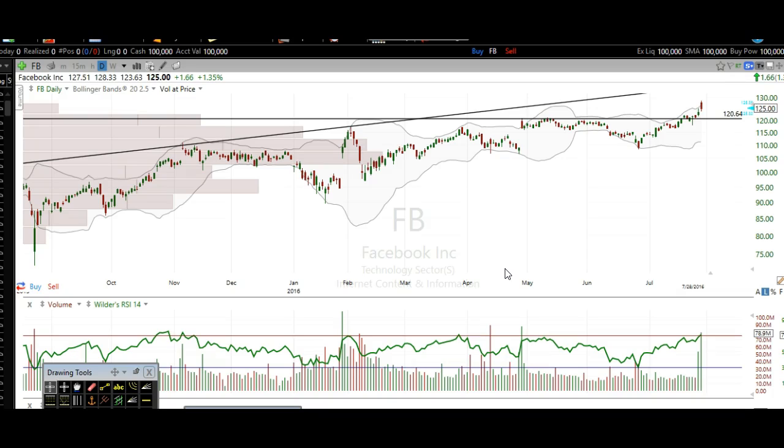We're going to take a look at a bunch of charts here, and I'm going to give you my analysis, and we're going to go through my thought process. And the idea here is hopefully you're going to learn a thing or two, and it'll help you guide yourself